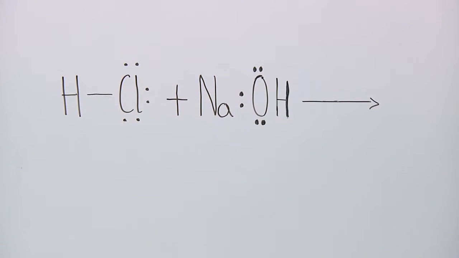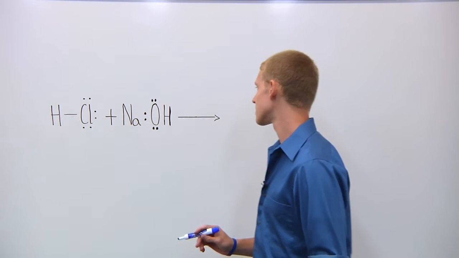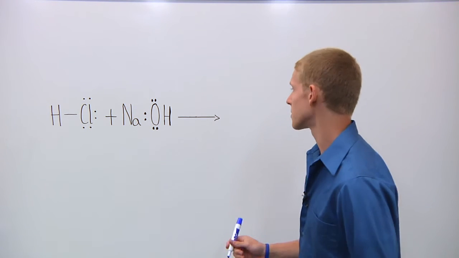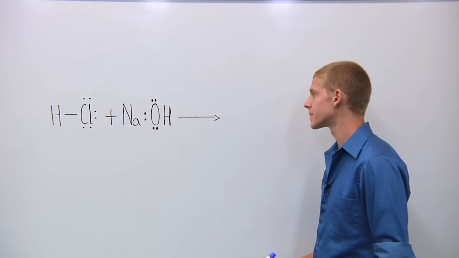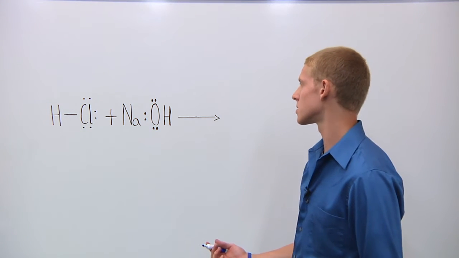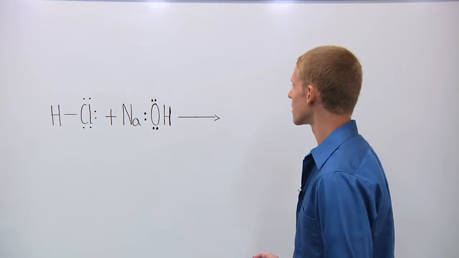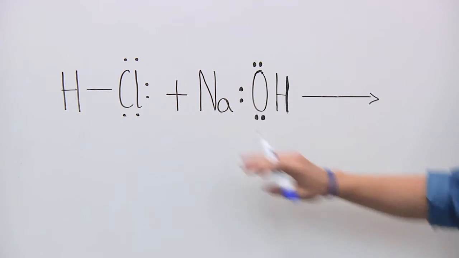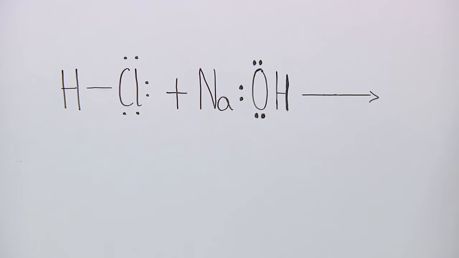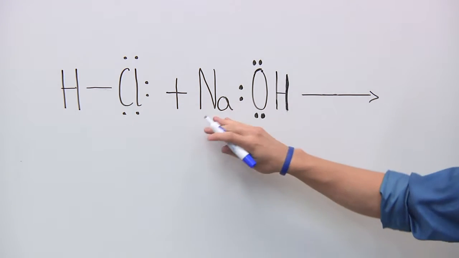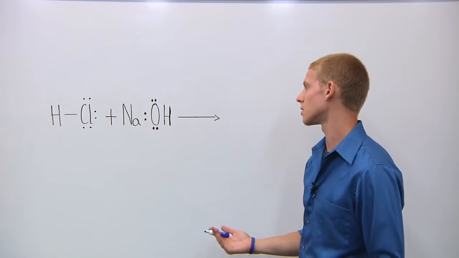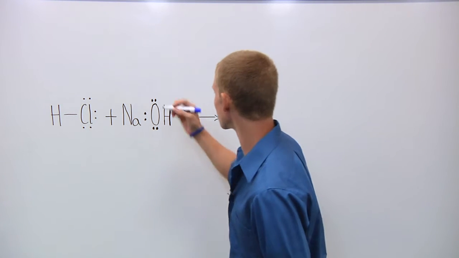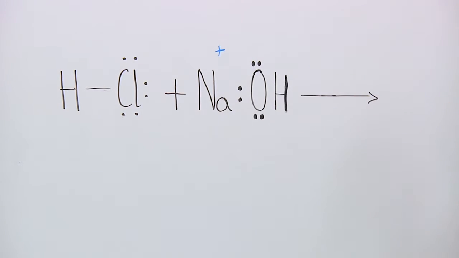This acid-base reaction is between hydrochloric acid and sodium hydroxide. And first, we need to identify our acid and our base. So we can look at charges to help determine the base. We can see over here, this oxygen has 3 lone pairs, and it's also associated with a sodium. So we usually know that sodium and other metals in the first column have a positive charge. So we can go ahead and put our positive charge here.